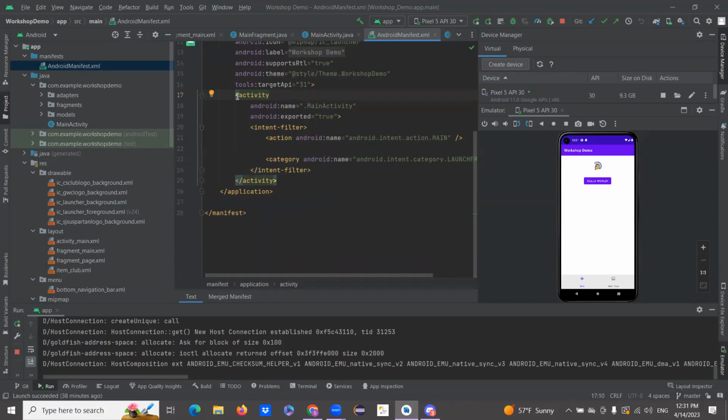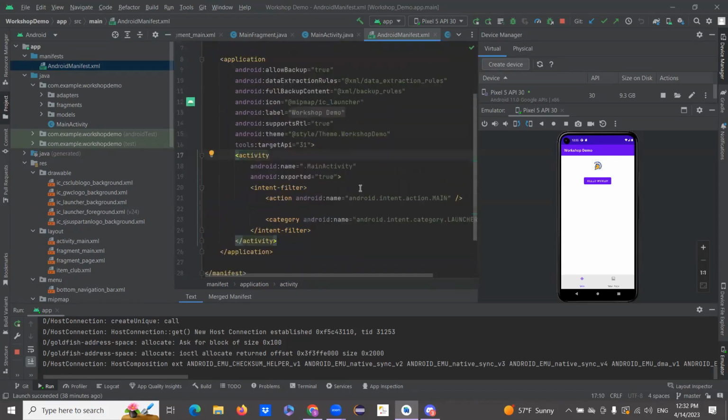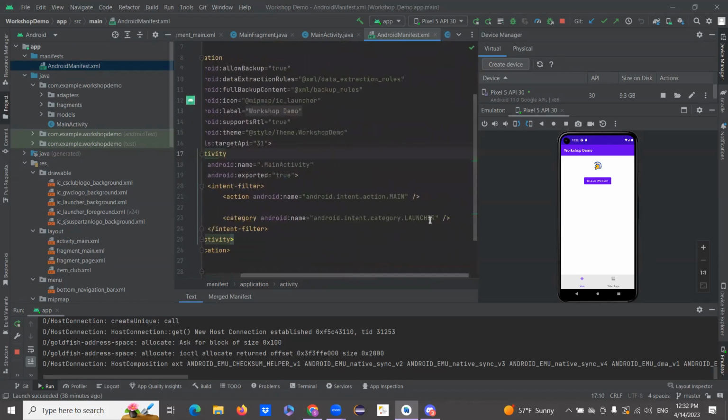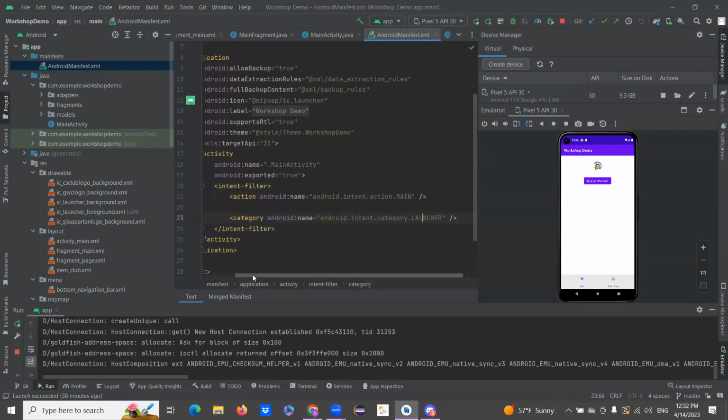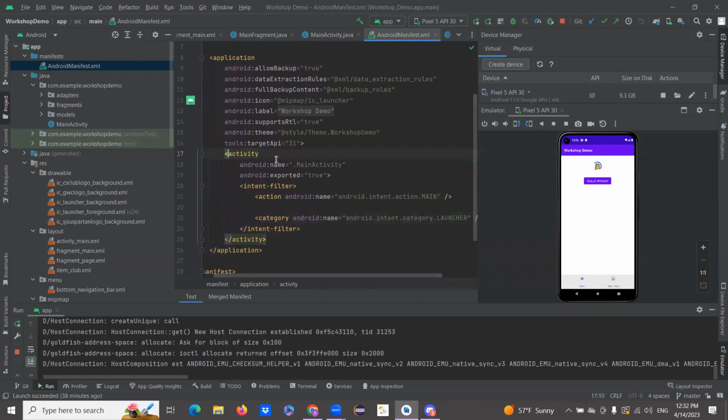If you wanted to change which launcher and you had a different activity, you would move this part into that activity. I didn't do that because I don't have another activity. So I'm just using the auto-generated main activity that always gets generated when you create a new Android project in